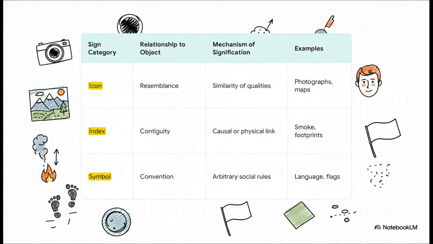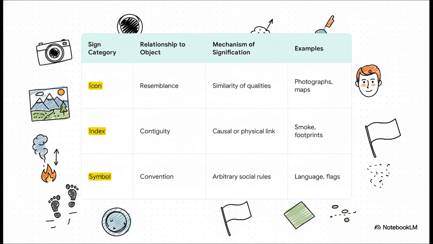And this right here, this is the core toolkit that Peirce gave us. It's brilliant. He broke signs down into three main types. First, you have the icon. Think of a photograph. It actually looks like the thing it represents. Super simple. Then you have the index. This is something like smoke, which points directly to a fire. There's a real physical connection.